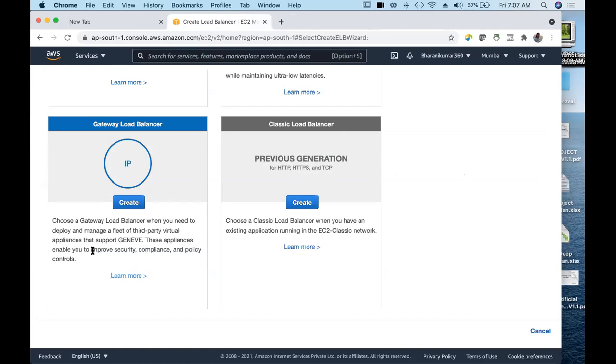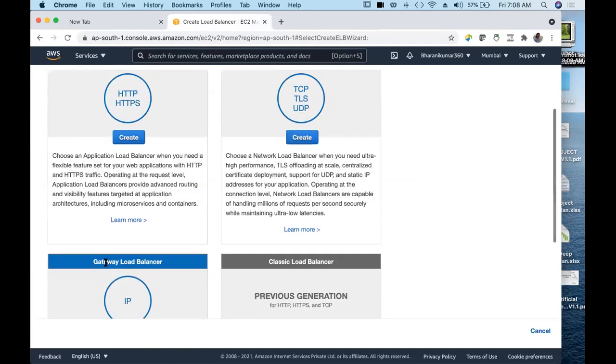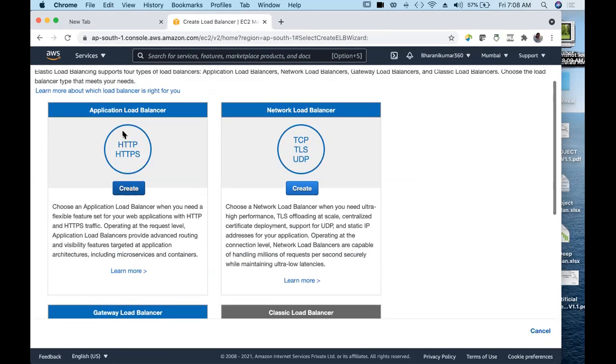Appliances are nothing but EC2 instances with the software integrated within it, which improves security, compliance, and policy controls. That's it. That's about gateway load balancer, and we are here discussing this application load balancer.